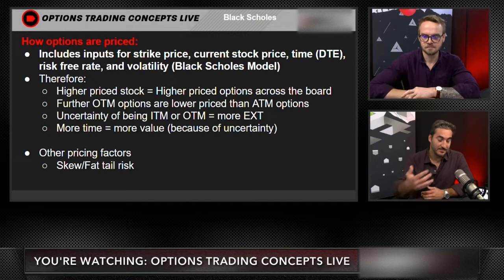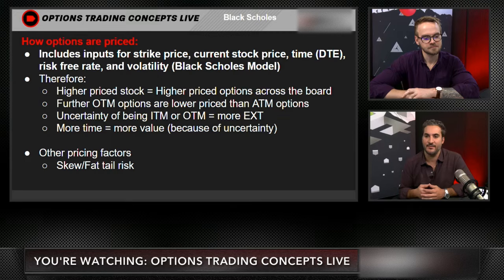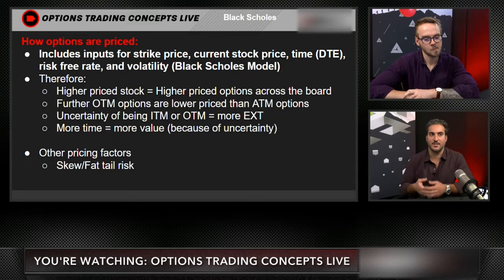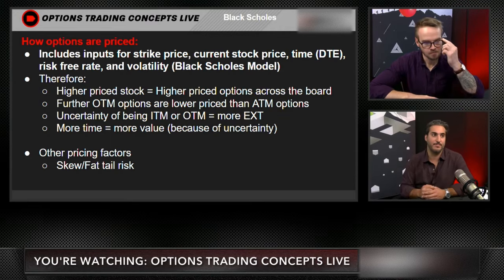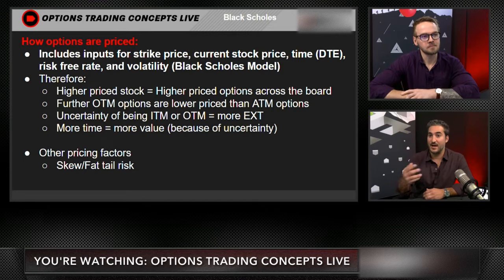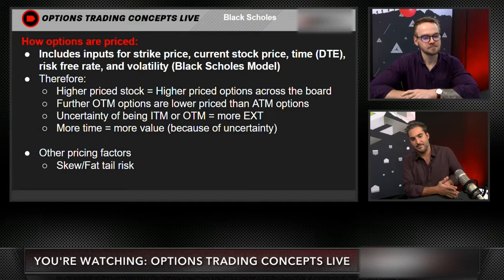Sometimes in something like a SPY or QQQ, you might see the one-day options have call skew just because there's a binary event coming, or there might be increased activity on that side going into an event. The skew doesn't have to be the same across all expirations. You typically do see